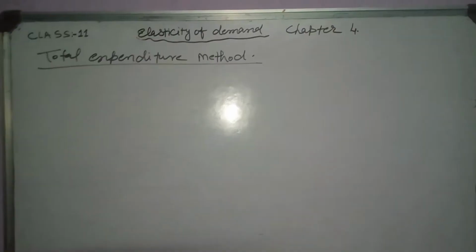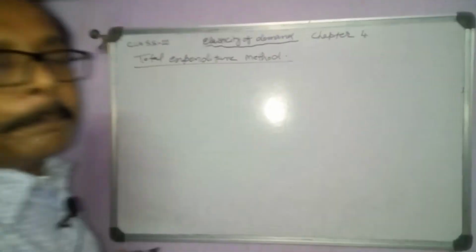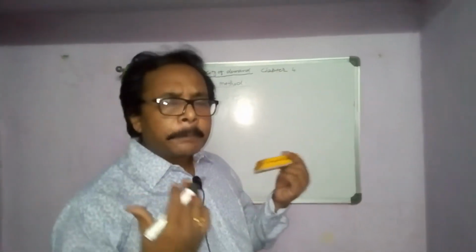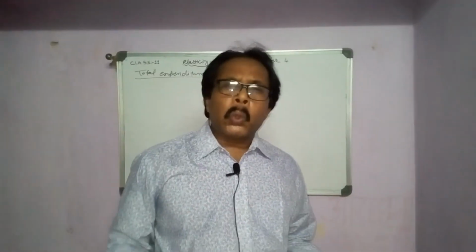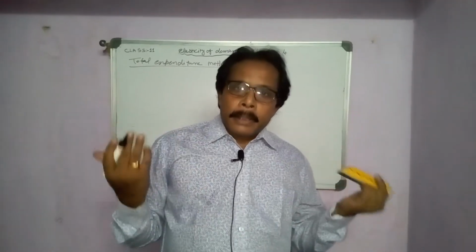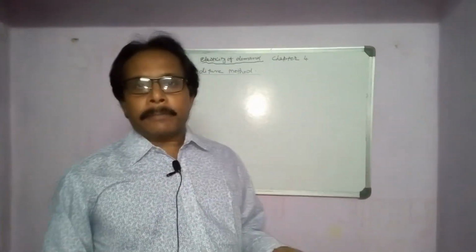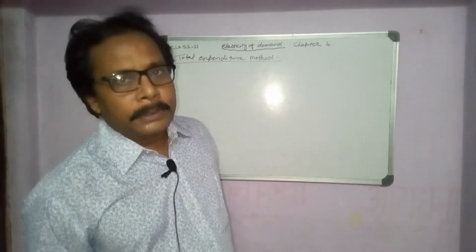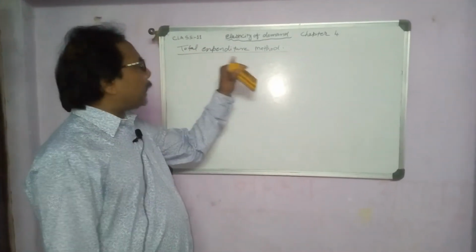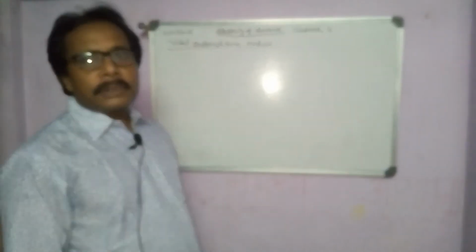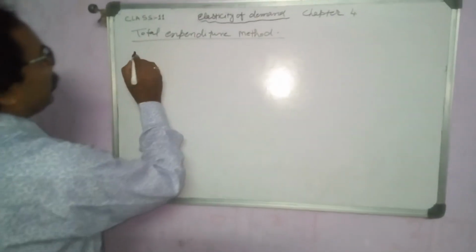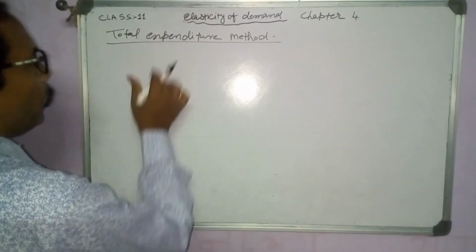Okay, so the total expenditure method explains how much total expenditure is made by households, investors or private firms due to a change in price. It also helps to measure the elasticity of demand. Is it clear? So first we will prepare 4 columns.